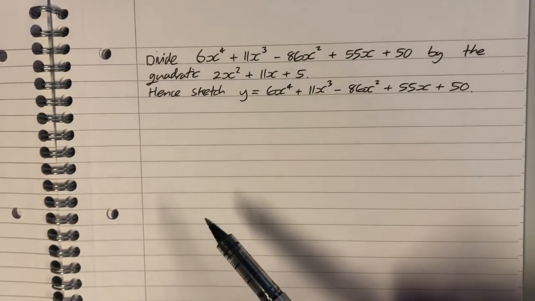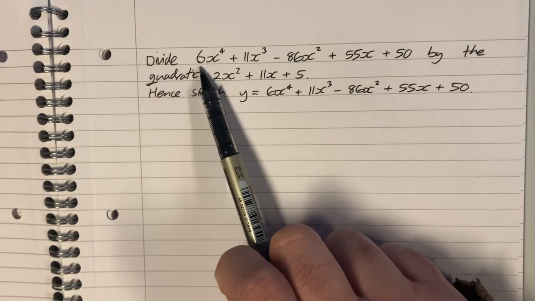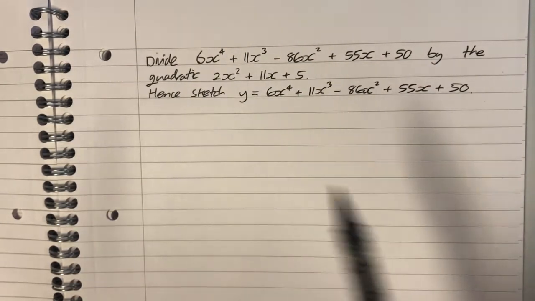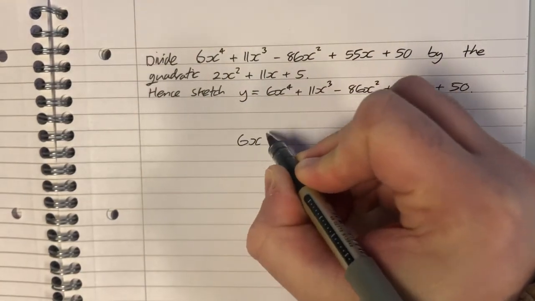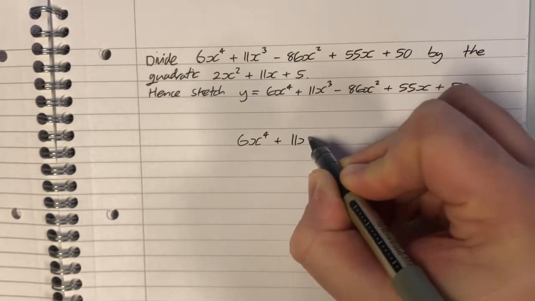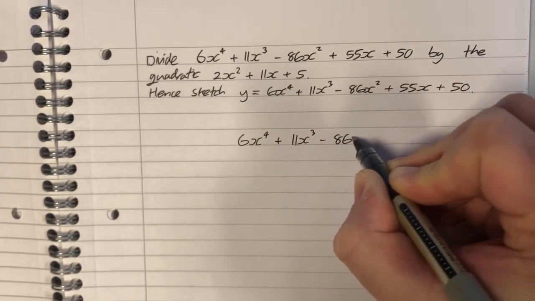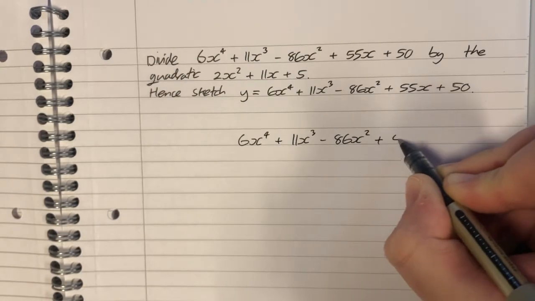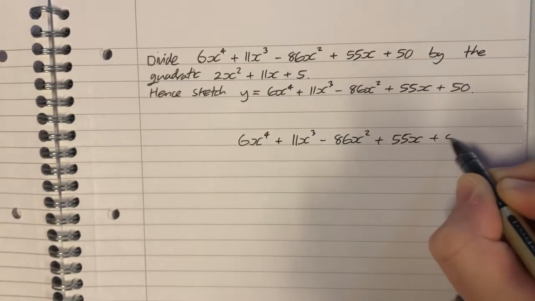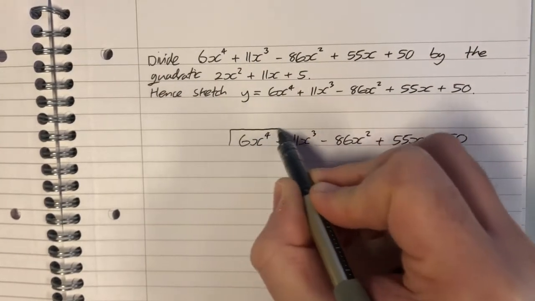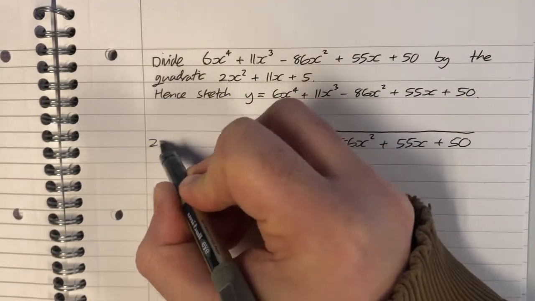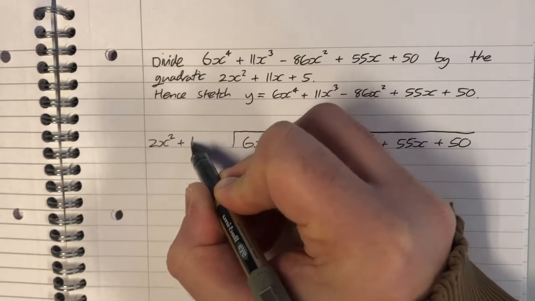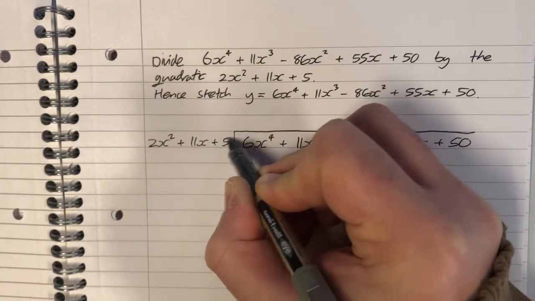It's exactly the same process. And also notice that this time the coefficient of the highest power is not 1, but that doesn't change anything. The process is the same. So I'm going to divide this quartic, which is 6x to the 4 plus 11x cubed minus 86x squared plus 55x plus 50, and I'm going to divide it by this quadratic, 2x squared plus 11x plus 5, and just by the way the question is